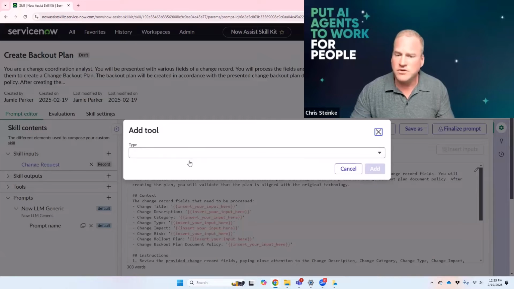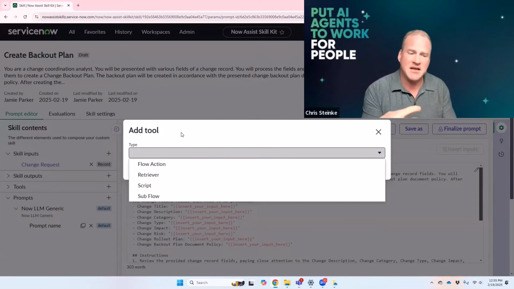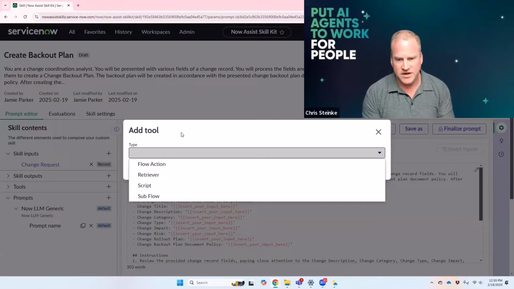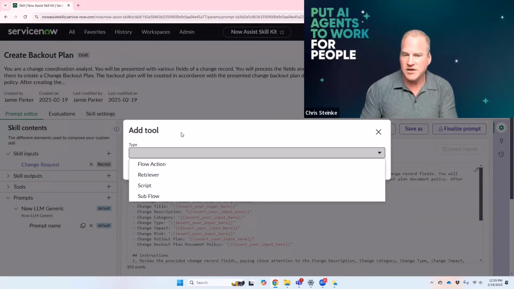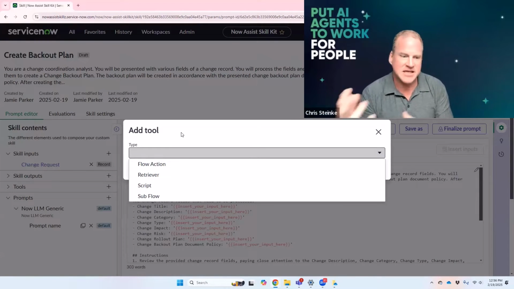Now, the tools are important to bring in any information or data that you don't have when you're initiating the skill. So what could that be? Well, if this had a series of change tasks associated with it, then I would have to use a flow action or a subflow to go down to those change tasks and pull out the relevant details